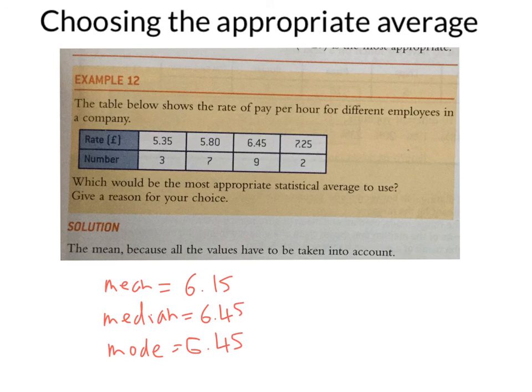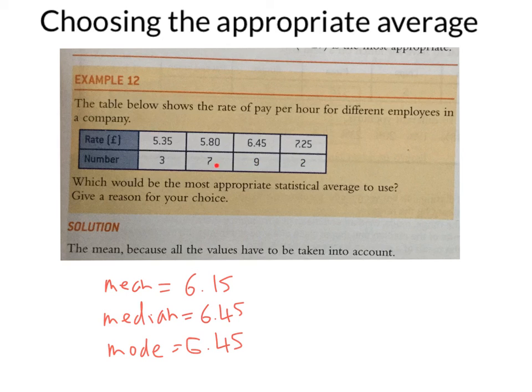So the mean is 6.15. The median and the mode are a bit higher, 6.45. They say the mean is the answer because all the values have to be taken into account. So let me show you why maybe we should go with the mean as opposed to the median or the mode. Well, the median is the middle value, which there are